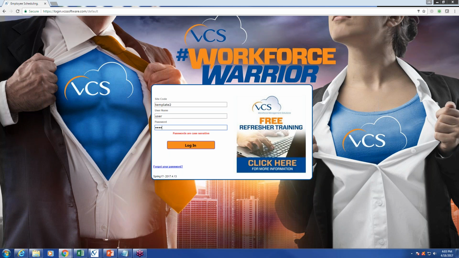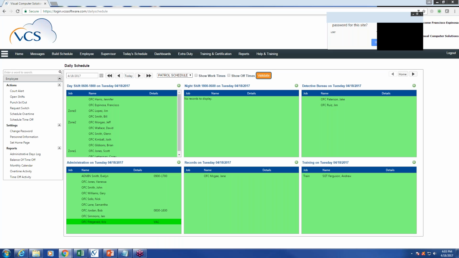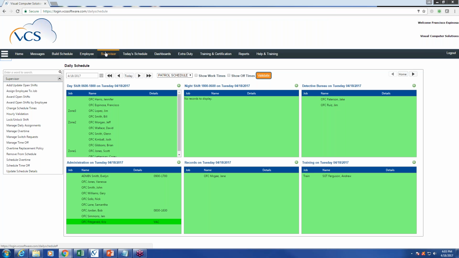I'm going to log in now with someone with supervisory credentials. And you'll notice that as I click on some of the menu options, I'm now seeing additional screens that were not made available to basic users. And most of those screens are going to be found under the Supervisor menu. And that's really where we're going to focus our time for the next hour. So the first thing we're going to talk about is